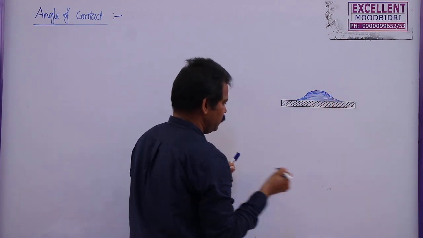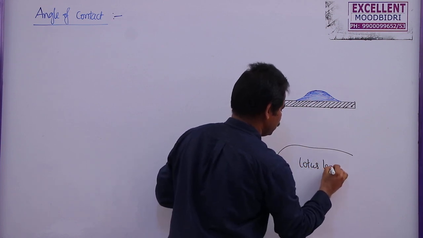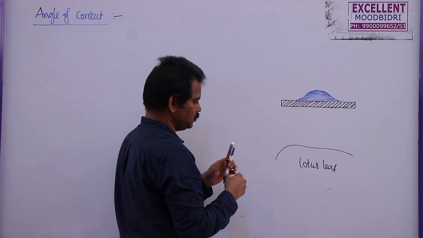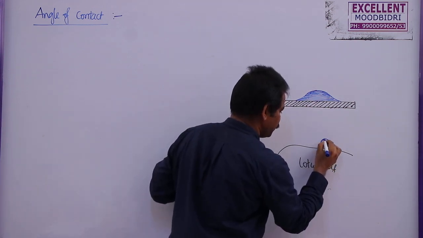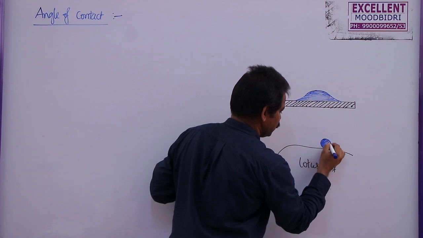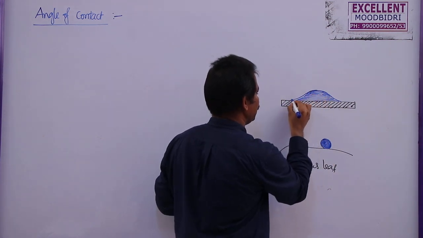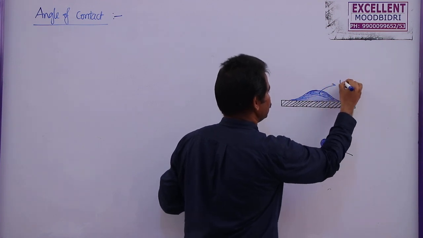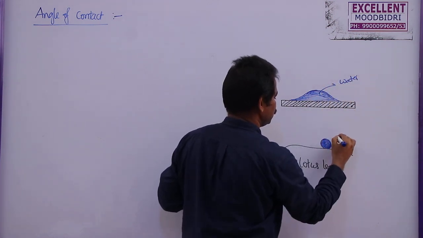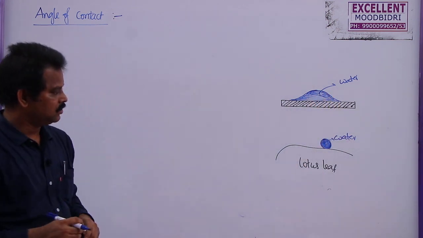But if you take a lotus leaf here, this lotus leaf is the solid surface, and a water drop will get this type of structure. That means it will form droplets here, but it will try to spread on the glass slab. So the same water, this is water, this is also water here, is showing two different properties